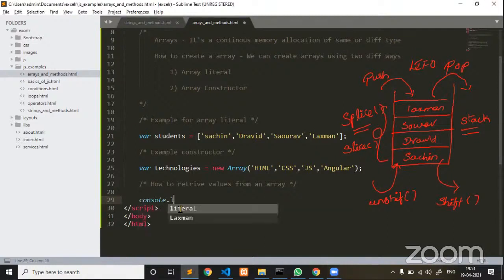Let me print the results inside a log. My array is student. Student of technologies. An array is represented with square brackets and an index. Now, if I pass 6, what will be the output? Can you tell me what the output will be? Is there any sixth index inside my array? If the sixth index is not there, it is going to give undefined as output.